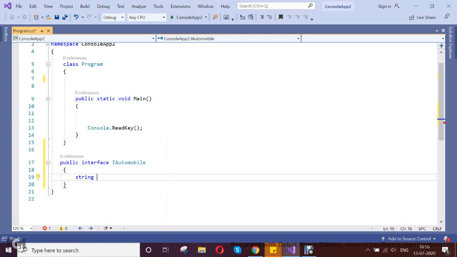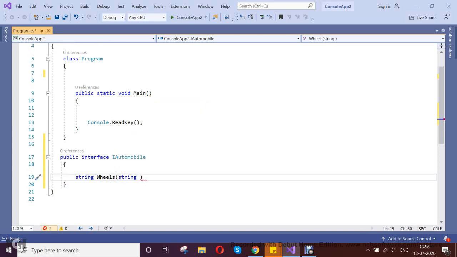The method is string wheels, and it accepts a parameter, vehicle type. Okay, it's fine. So let's declare that.